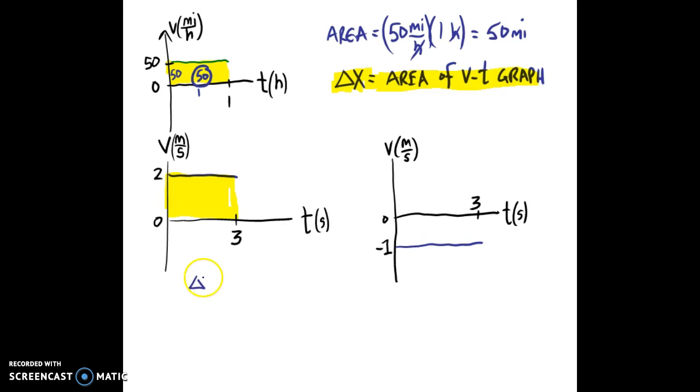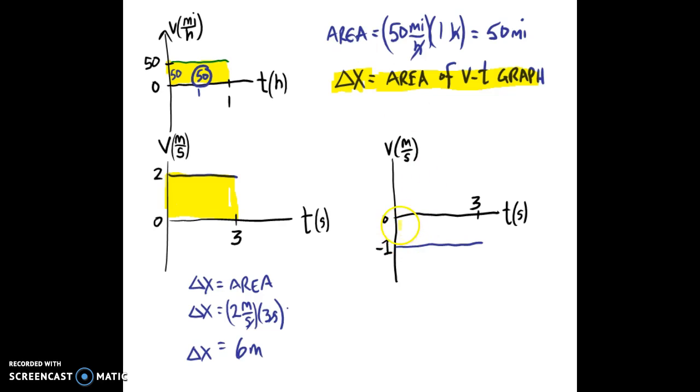And so the displacement then for this object equals the area. That's the idea. And now to calculate, I would say, well, it's the height, which is 2 meters per second in this case, times the length, which is 3 seconds, and the graphical area is 6, and the seconds cancel out, 6 meters. That is the displacement of this object. Over here,